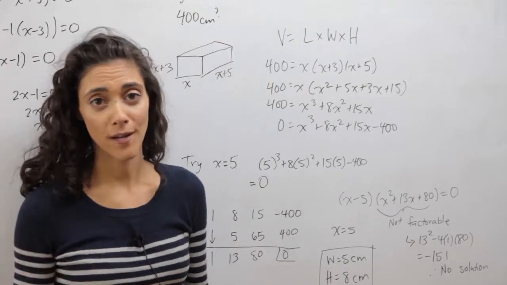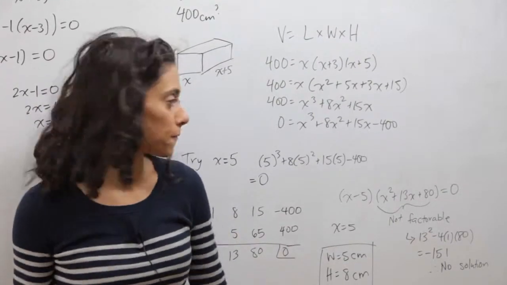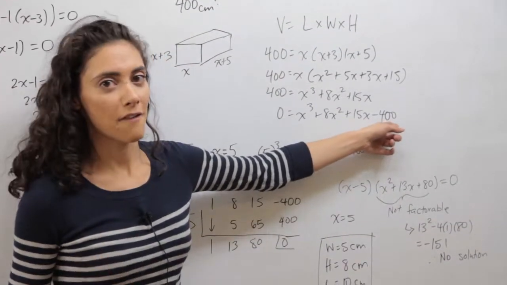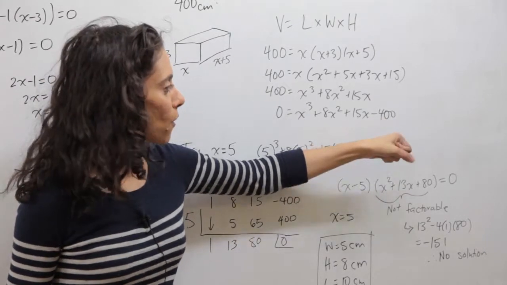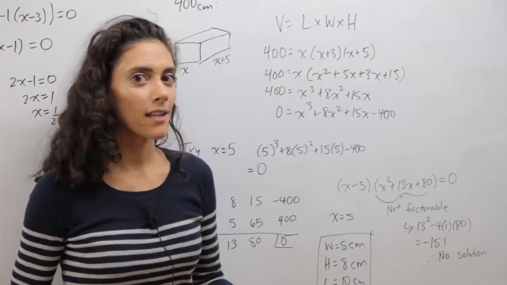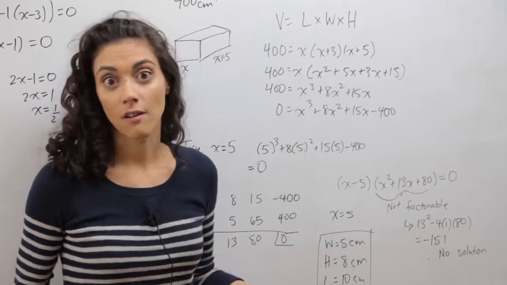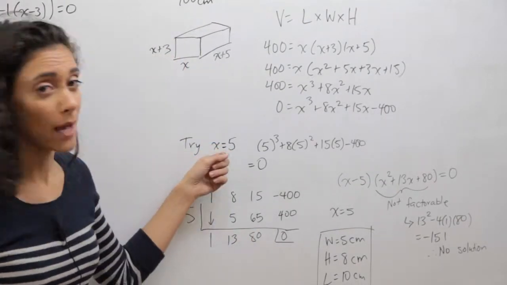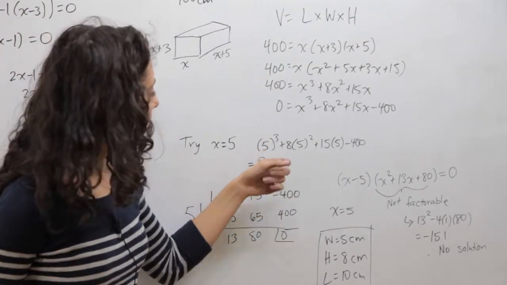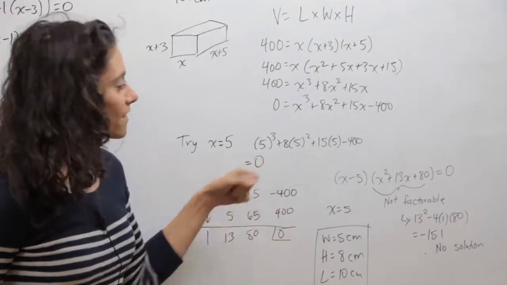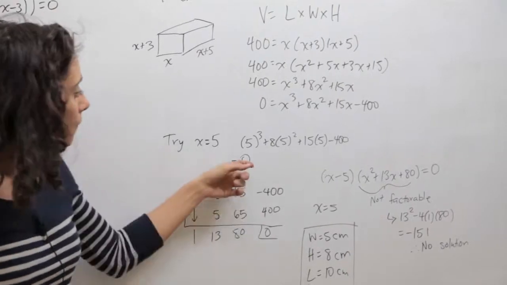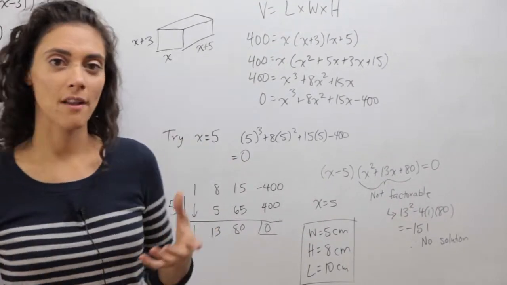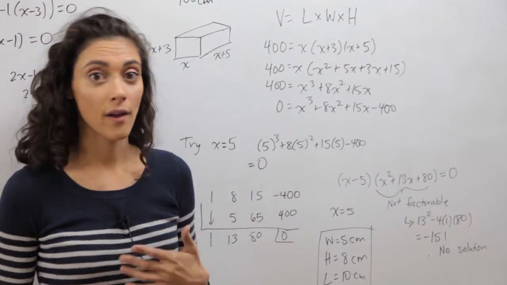And away we go. Next, we have to solve this. Factor theorem. 400 has a lot of factors. Let's hope we find a relatively small one. There's no use trying negative numbers. We know the answer that we're looking for is not negative. We don't want a negative width. I happen to know the answer, so I tried 5. 5 works, and we get 0 when we plug 5 in. But we're not done yet. 5 works, but there may very well be another answer,